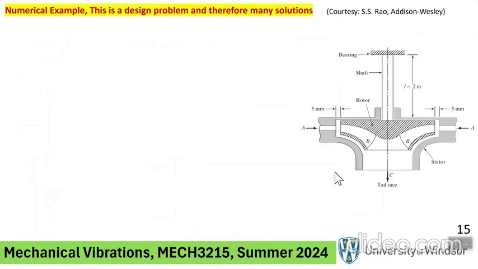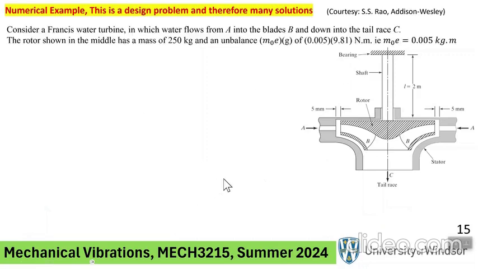Okay, in this example, I'm going to be using the stuff that we have learned about rotating unbalance to solve a problem that pertains to a Francis turbine. So here's the setup. We have a Francis turbine shown here. It consists of a stator. You can see that. This is the stator that stays fixed. This is the rotor, basically, that turns, and the